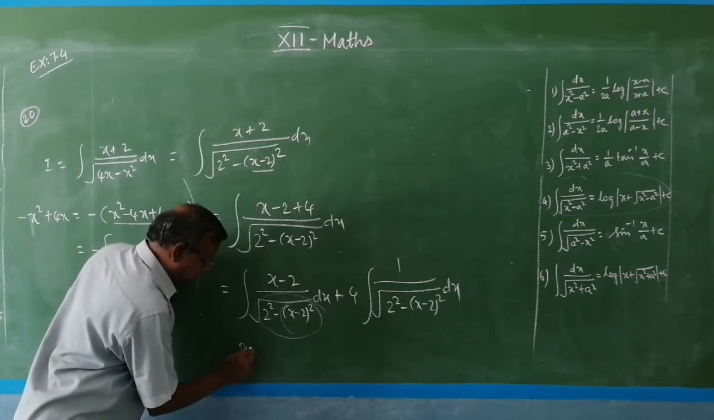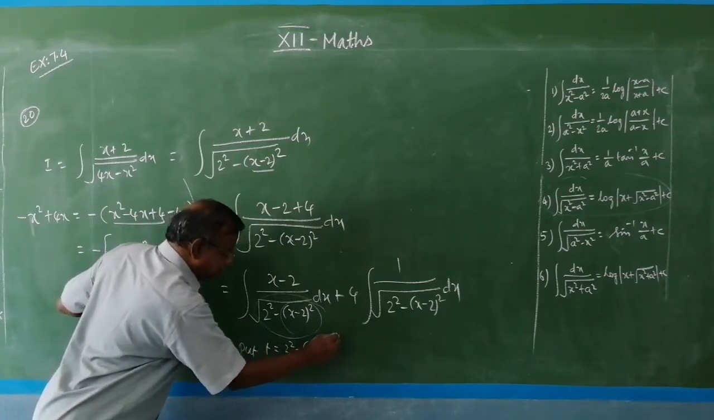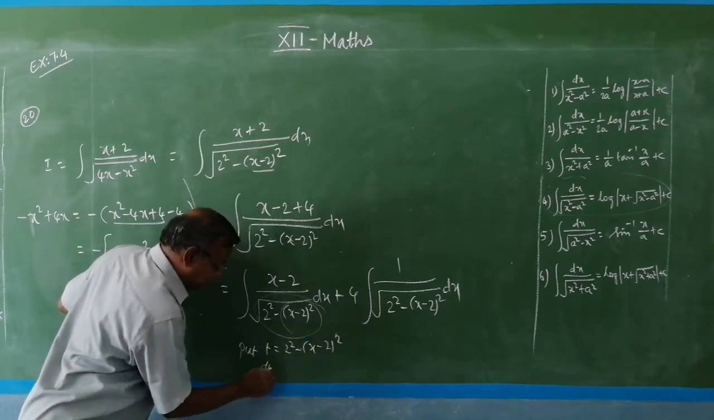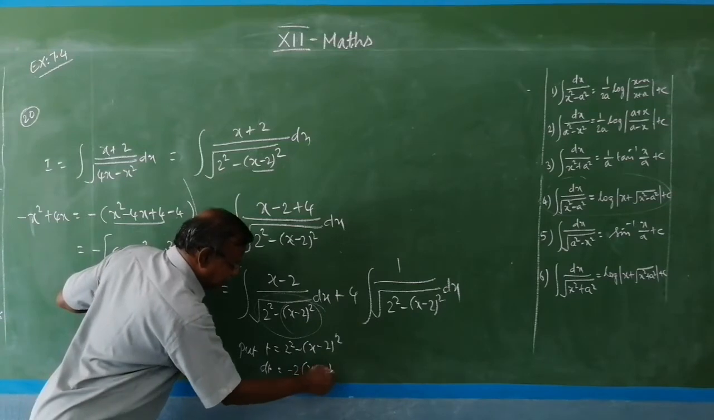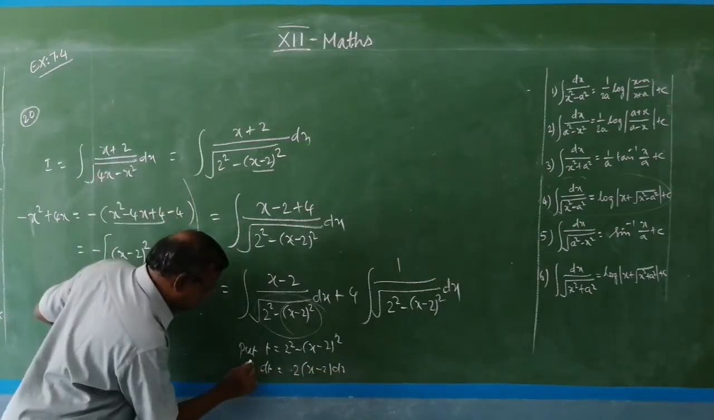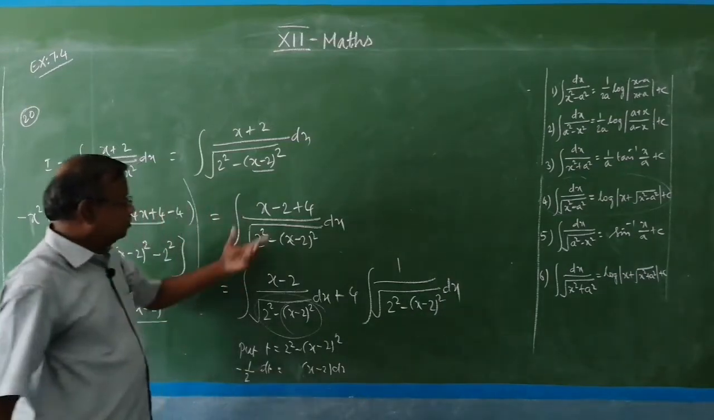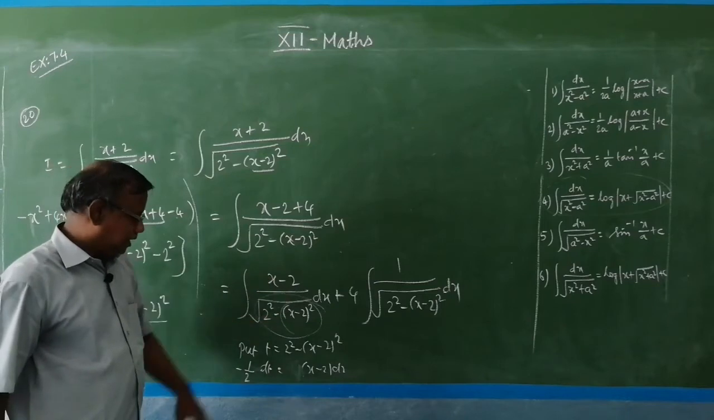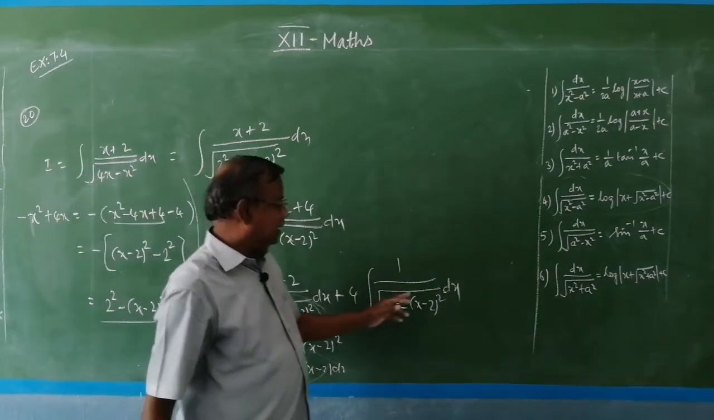So put t equal to 2 square minus x minus 2 the whole square. So dt equal to 0 minus 2 into x minus 2 into dx. So bring the minus 2 here, so minus 1 by 2 into dt equal to x minus 2 into dx. So we can replace this, and for the second one you can directly apply the formula,